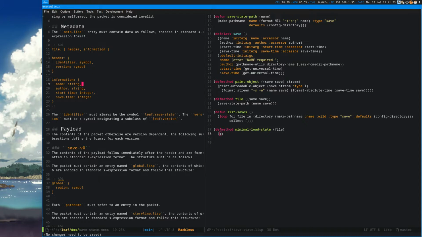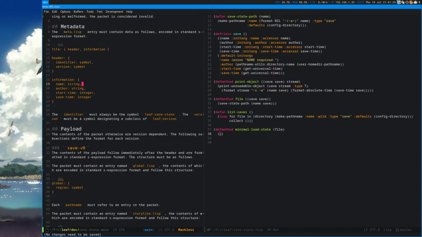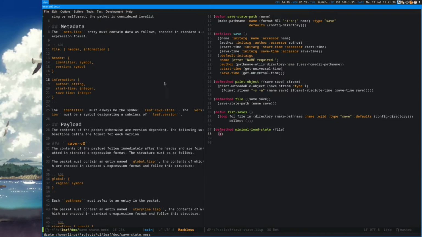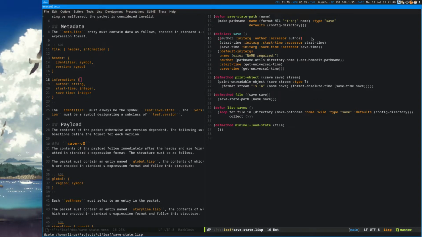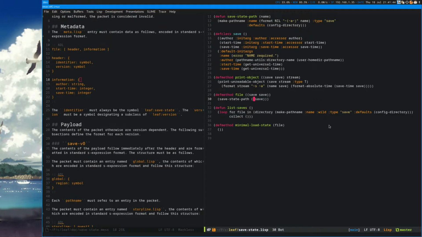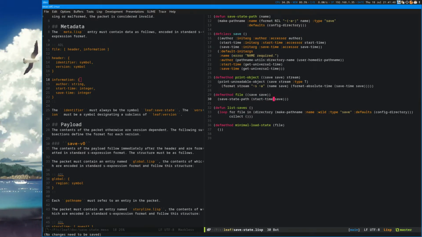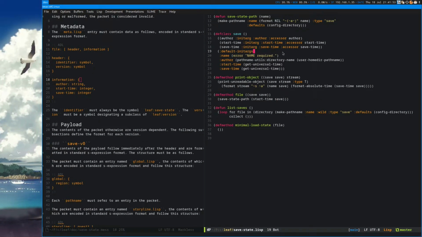The author is really the username, basically, so... Yeah, it should just use the save time or the start time of the save as a file name. That seems much better. Yeah.